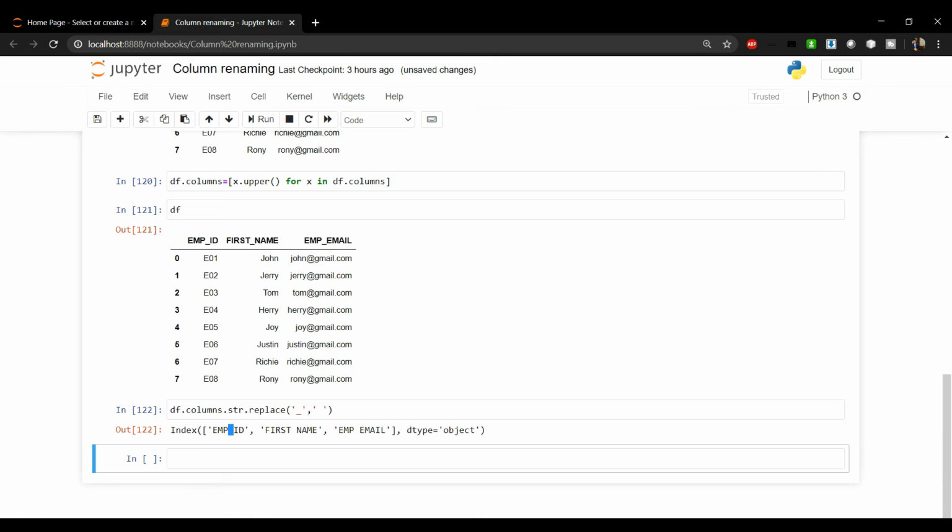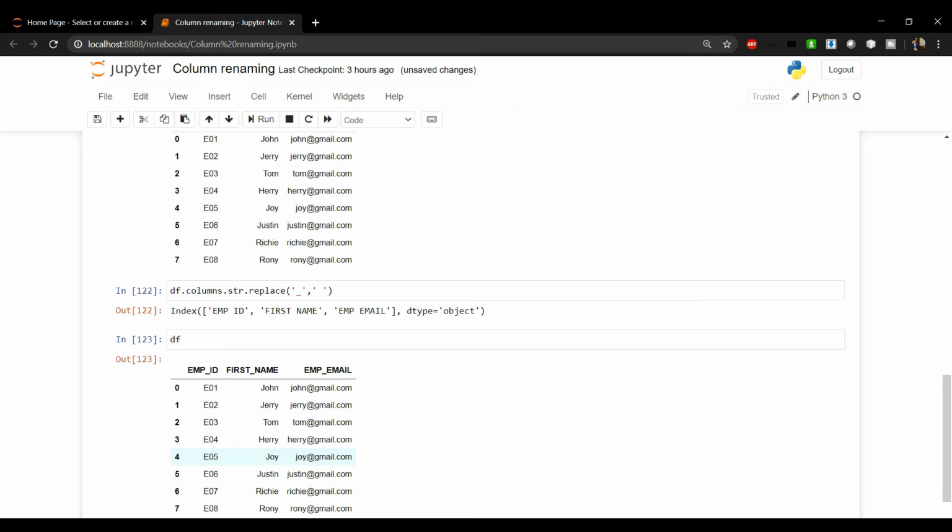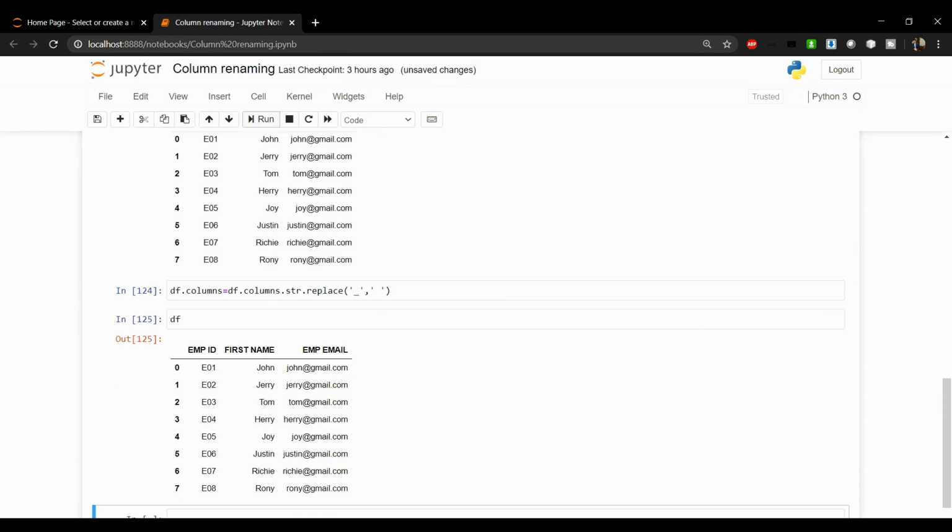So here the column names got changed and the underscore sign is replaced by a space. Now let's see our data frame, but it doesn't make changes inside the data frame. To make the changes inside the data frame, we need to assign it to df.columns. Okay, so now we got our changes inside the data frame too.